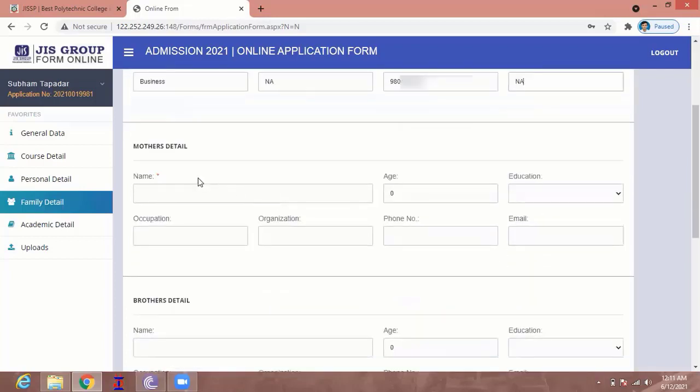Now in the second page, you have to put your mother's details. At first you have to give your mother's name, your mother's age, your mother's education. If your mother is working, write down the occupation. If your mother is a housewife, you can write it down too.